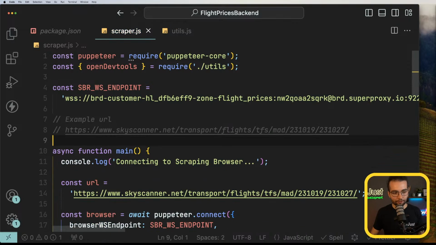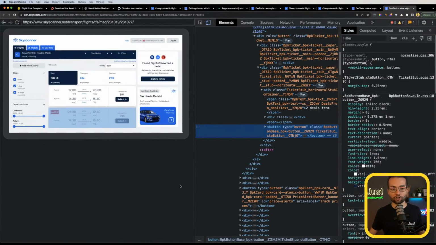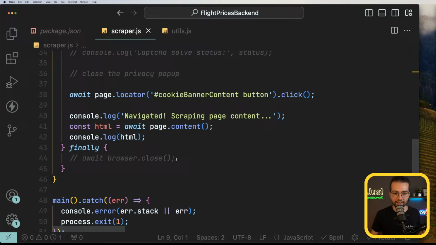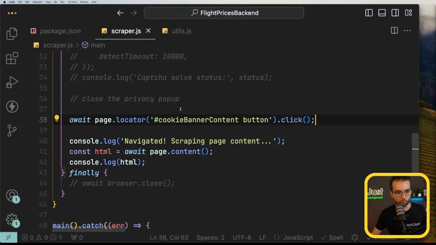So I'm saying this because if you are following along with this tutorial half a year or 2 years after we released it, make sure to double check all of these class names, IDs, and so on. I'm always trying to show you where I'm taking them from, so you can go back and see if it's still the same or if it changed, and you also have to change how you parse and how you look for elements and content on the screen. With that being said, let's continue, because we are